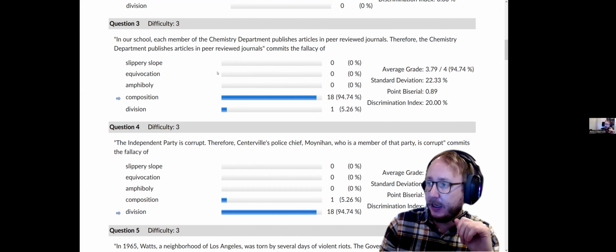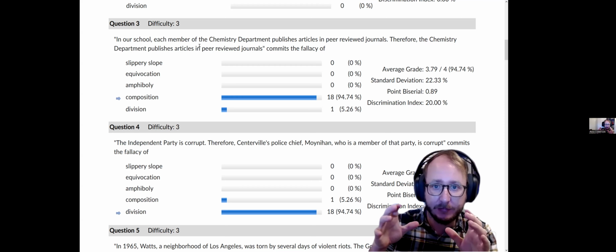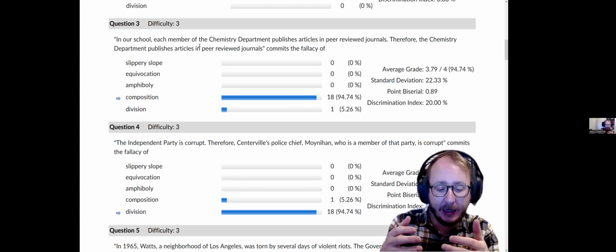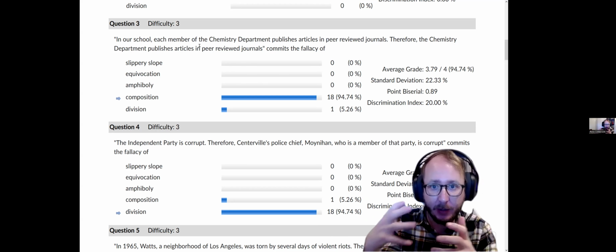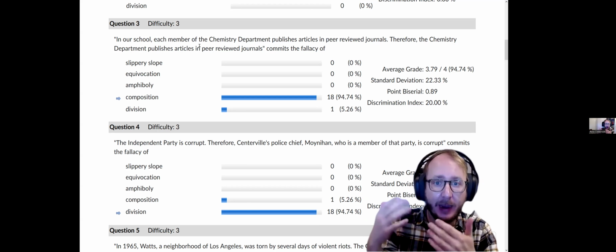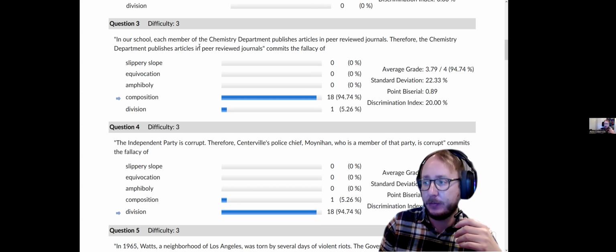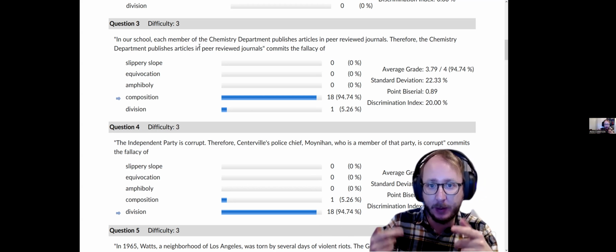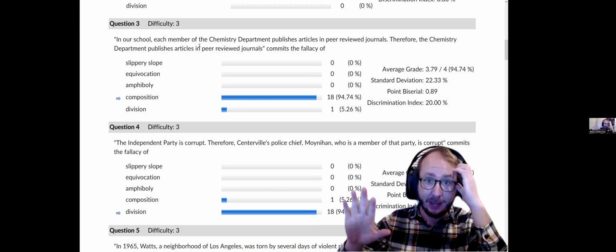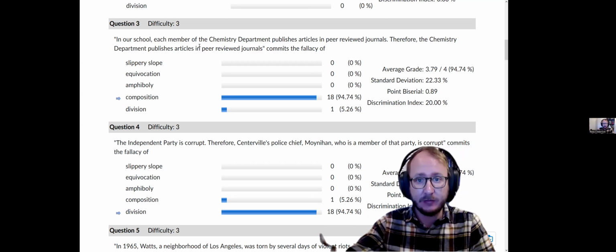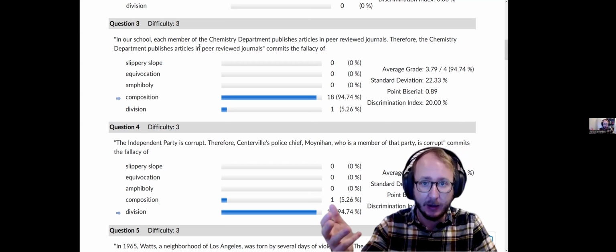Question three, this is composition. So the composition fallacy starts off with a bunch of parts, and it says that each of these parts has some feature. And then in the conclusion it asserts that the whole thing, when you put all these parts together, when you compose them, that whole thing will also have this feature. But this is what's often called a fallacy. Both composition and division are fallacies of confused predication. Predication is where you say a thing has a feature, right? Like the car is red. I'm predicating redness of the car.